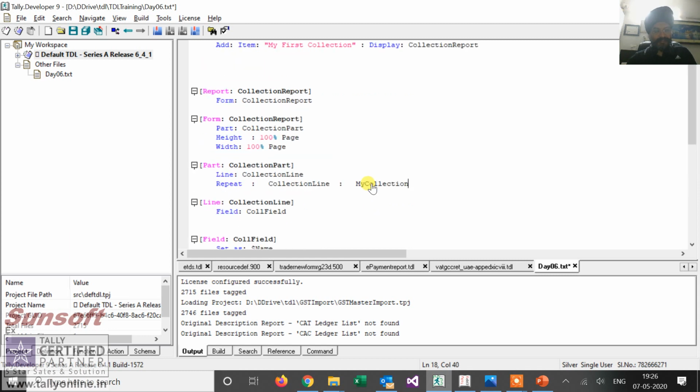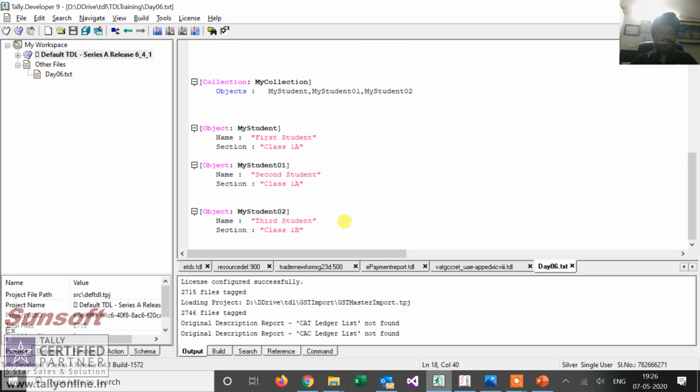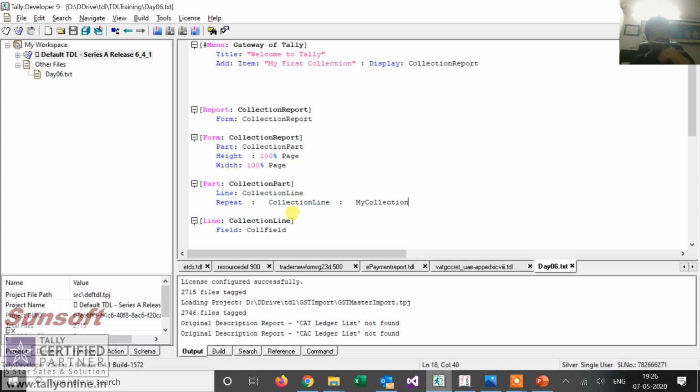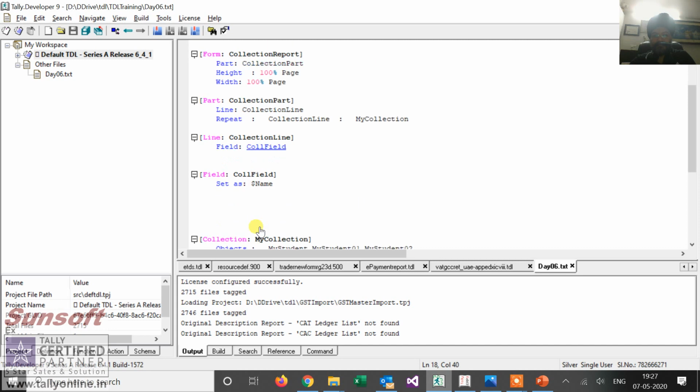So that means I want to repeat this line over this collection. Whatever objects are there in this collection, that many number of times this collection line will repeat and it will print this. Now I have added a context of my collection of my objects to the interface object.